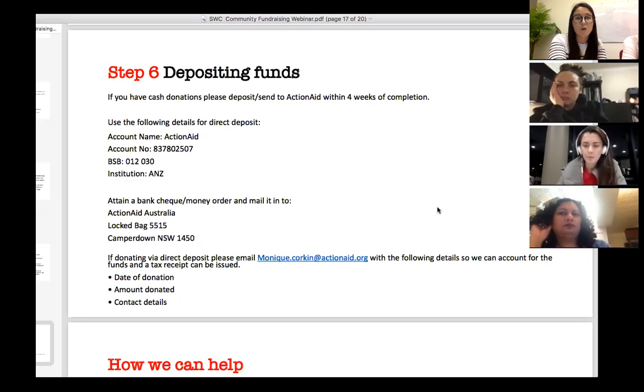Also, if you are transferring the funds by direct deposit, please let us know so that we can look out for it and make sure we send a tax receipt to you or the group that has fundraised for ActionAid, and also let our accounts team know so we can keep track of it.